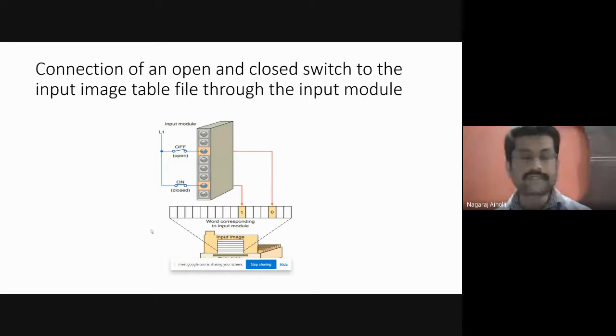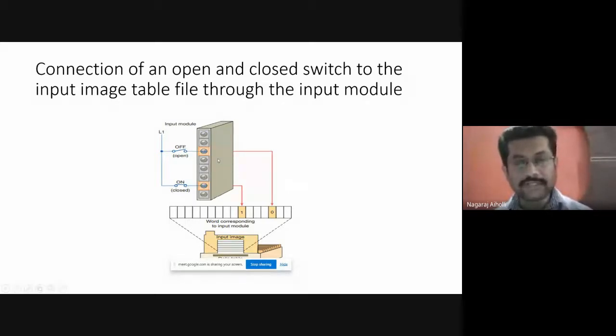Like this figure we have seen earlier also, is it not? Input image table. The figure was slightly different, but the concept remains the same. Yes or no? So this is a line voltage that we are applying. These are the switches contained in the input side. This is an open switch, this is a closed switch. The first one is in open position, off. The second one is in closed position, that is on state.